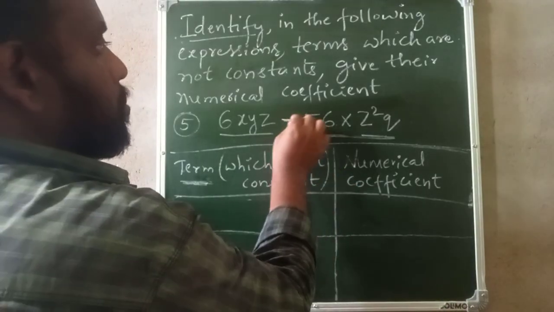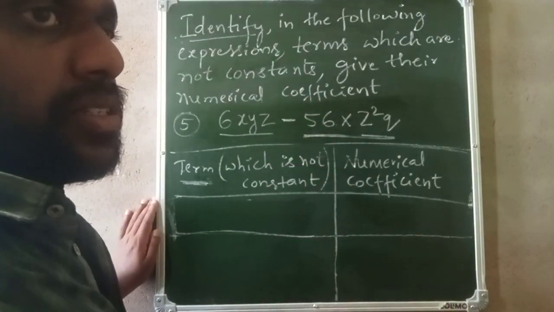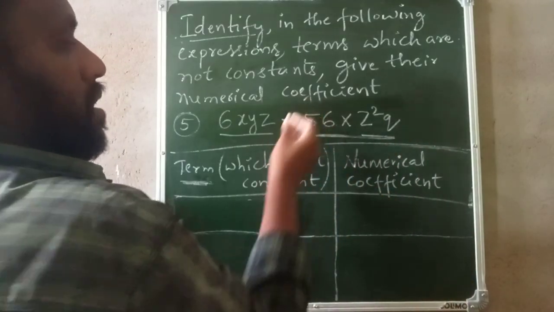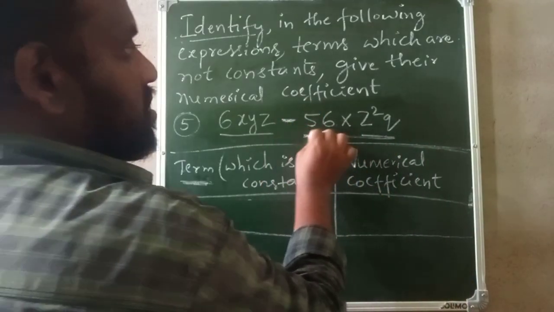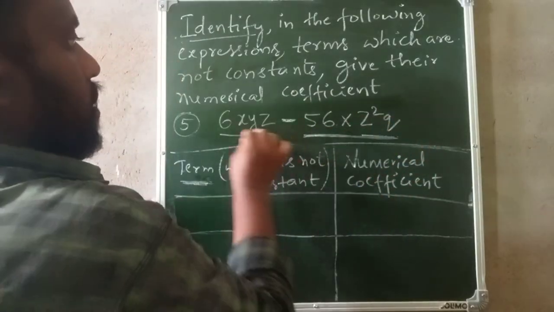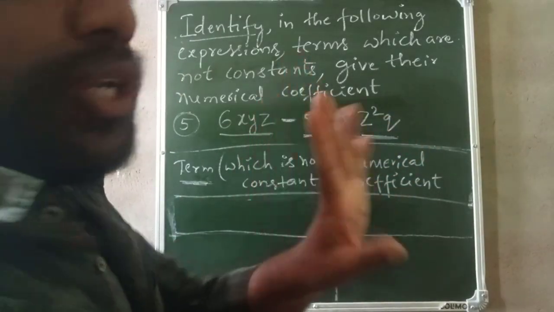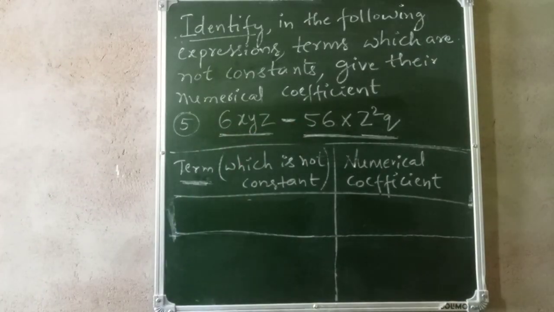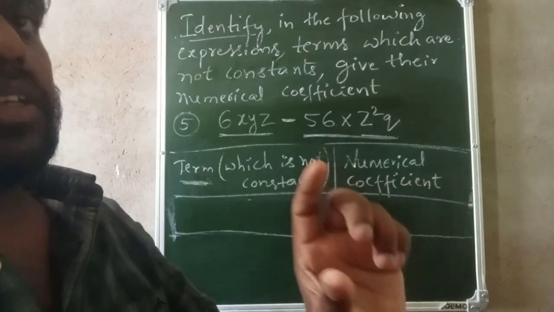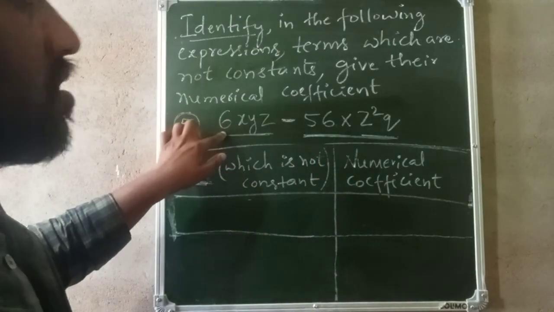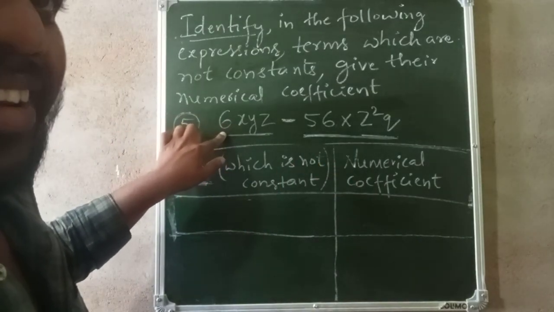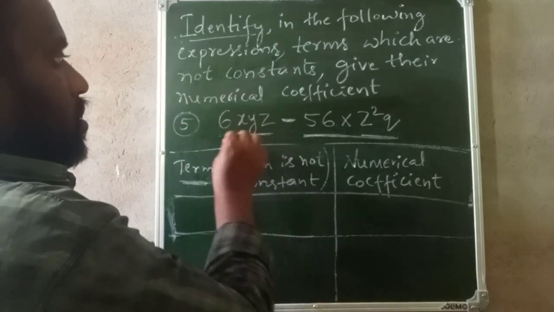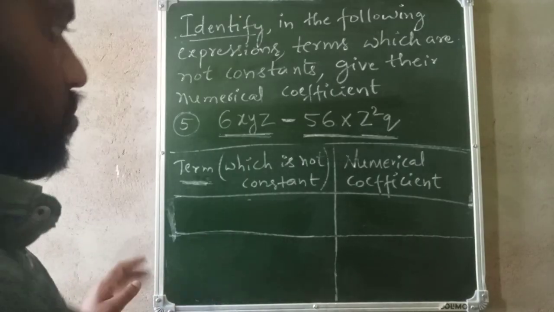So now this minus. Either plus or minus separates the terms. Here plus is not there, only one minus is there. So it separates this as one term and this as another term. There are only two terms. If we consider the first term, if there is only one single number, then that is constant. But number 6 is there, that is not a single number. Along with the number 6, variables x, y, z are there. So this is a term which is not constant. So I will write here